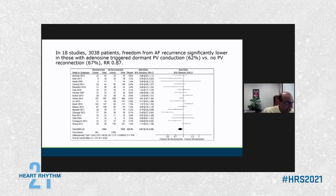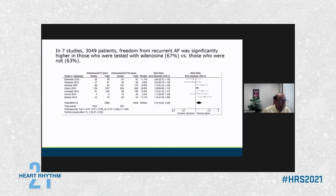In 18 of the studies, about 3,000 patients, the freedom from AF recurrence was significantly lower in those with adenosine-triggered dormant conduction versus no reconnection, 62 and 67%. Also, in 7 of the 22 studies involving about 3,000 patients, freedom from recurrent AF was significantly higher in those who were tested with adenosine, which means if adenosine testing showed evidence of dormant conduction, additional RF was given or ablation was done, and then their freedom was about 67% versus 63%,